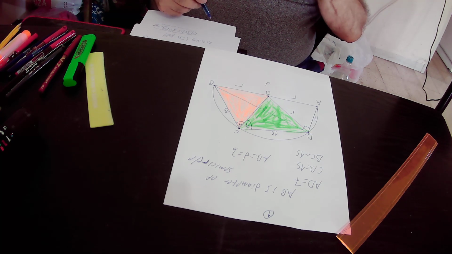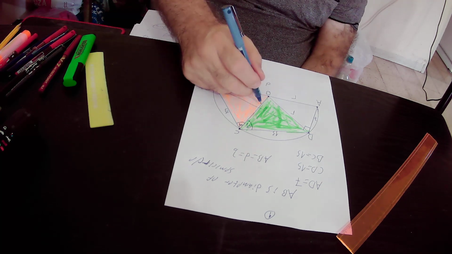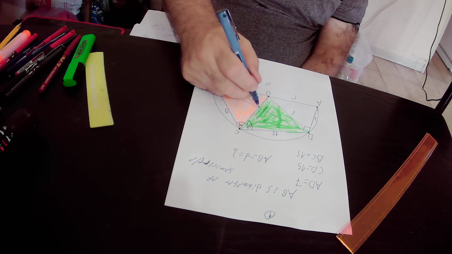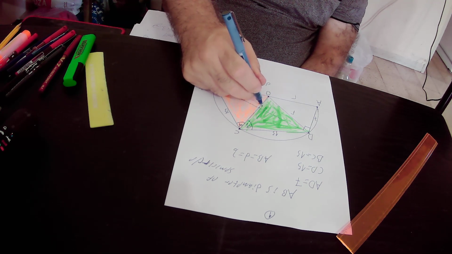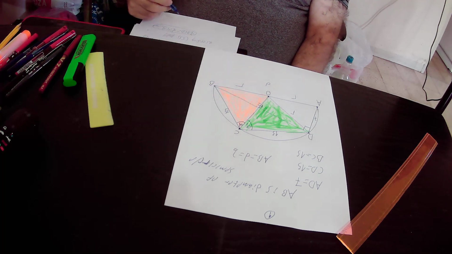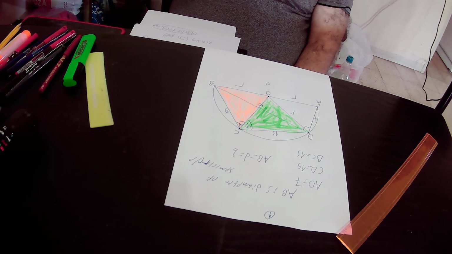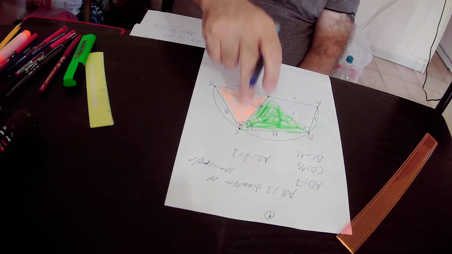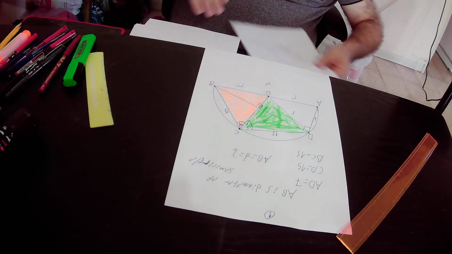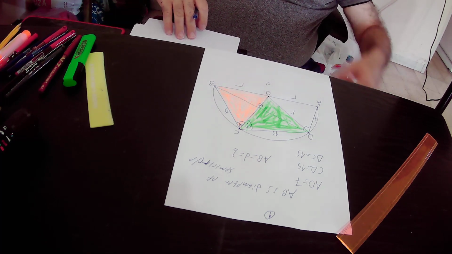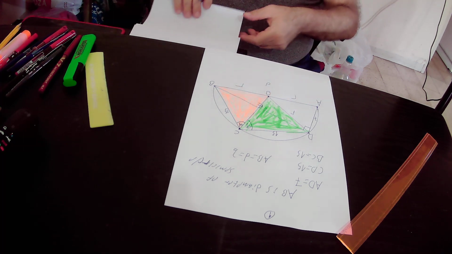Now we define this point as point E, and we will focus on triangle DCB. Okay, so in triangle DCB, this triangle,